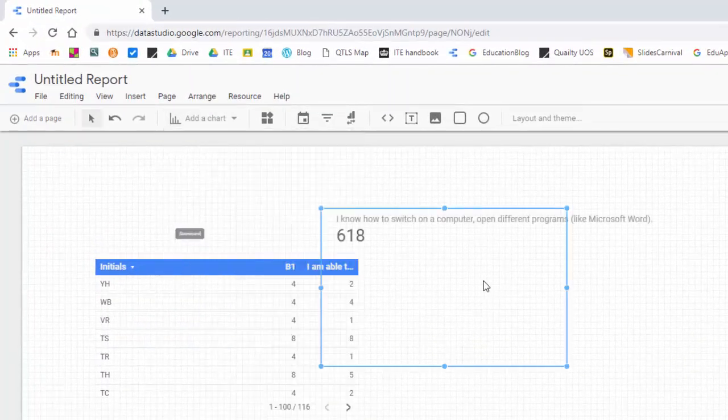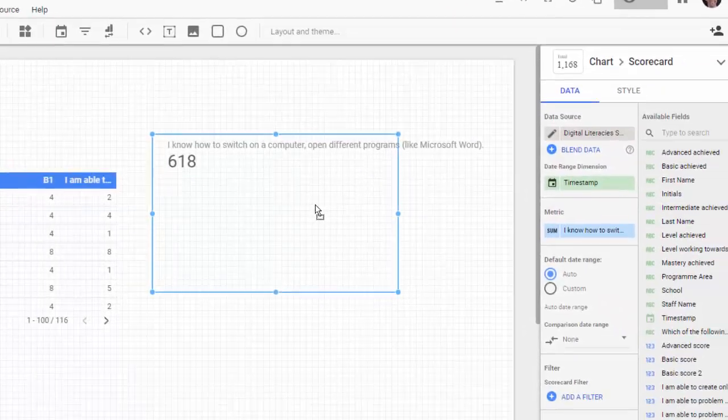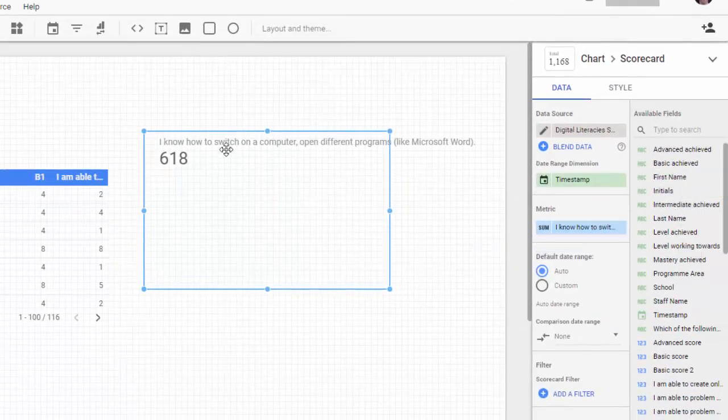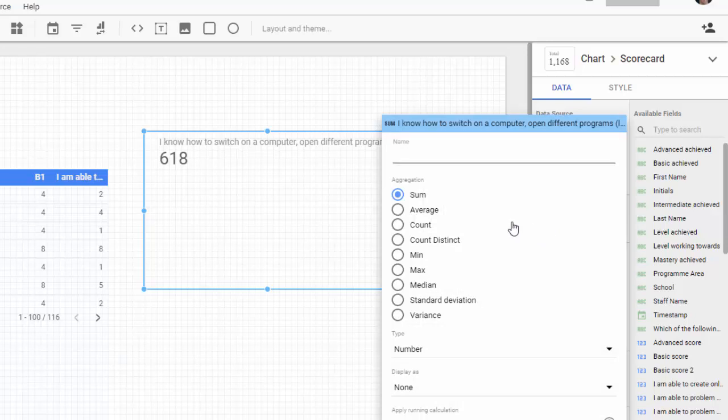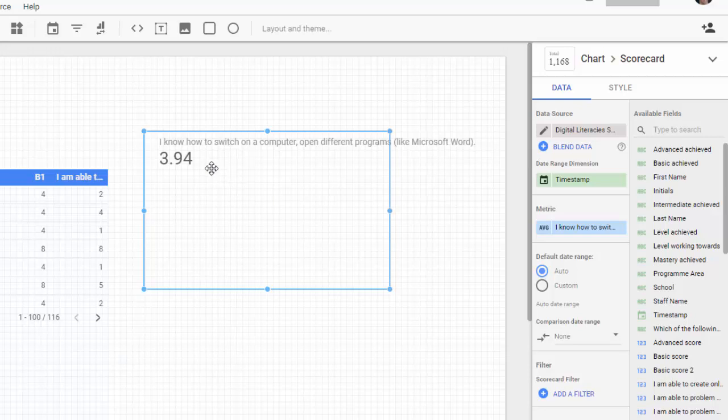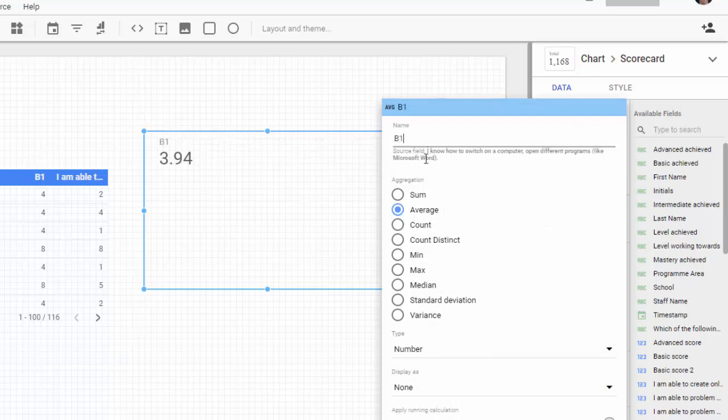Now a scorecard allows you to see one particular metric, and at the moment this is showing me I know how to switch on a computer, and it's showing me it's going to be a sum. So it's adding up all of those numbers that we had in our form where staff graded themselves either a 1 or a 4, and obviously it's come up with 618. Now that's not going to be very helpful, so let's change that to an average instead. So now I can see an average for the whole of the college. I can see that it's almost 4 for all the staff members that gave themselves a grade for that particular element. And again, I can change the name to be B1 as well if I wanted to,